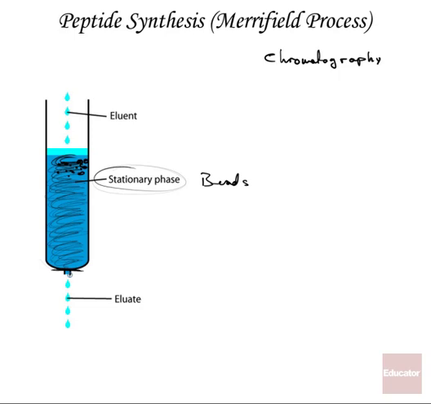When you're done, you take the column, you empty out the beads. Actually, no, you don't even have to do that. The final step, the hydrofluoric acid, you just pour it in. The hydrofluoric acid runs over the beads. It breaks the bond between the bead and the first peptide, and then of course you just wash it into a flask, and now you have your peptide in a flask down here for further processing. That is the